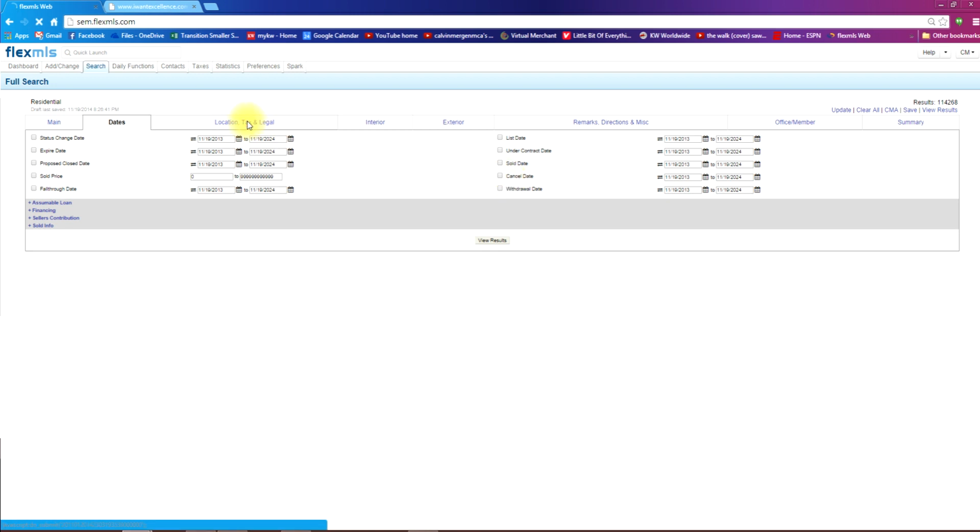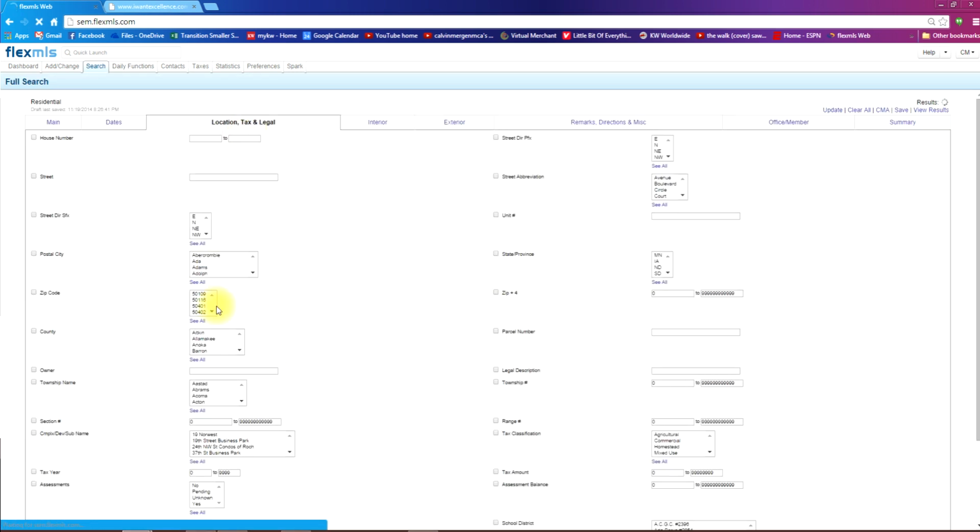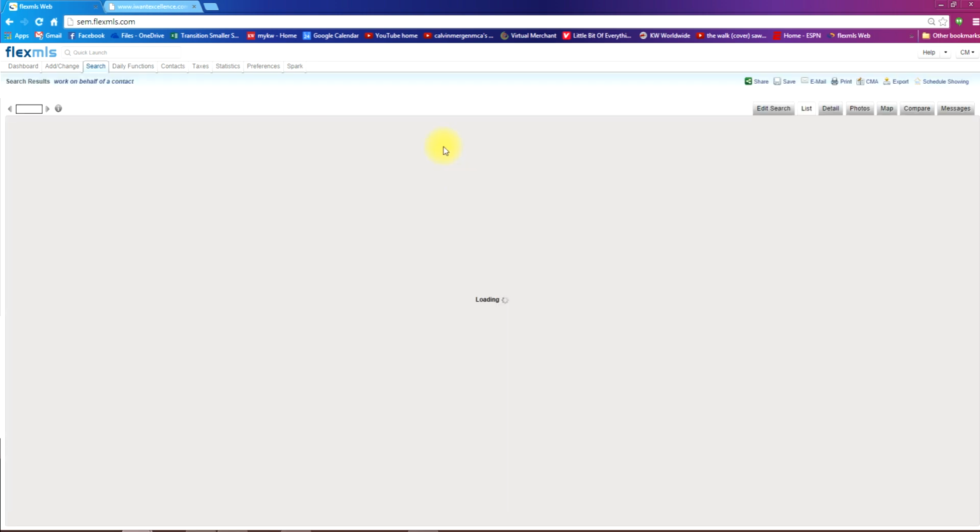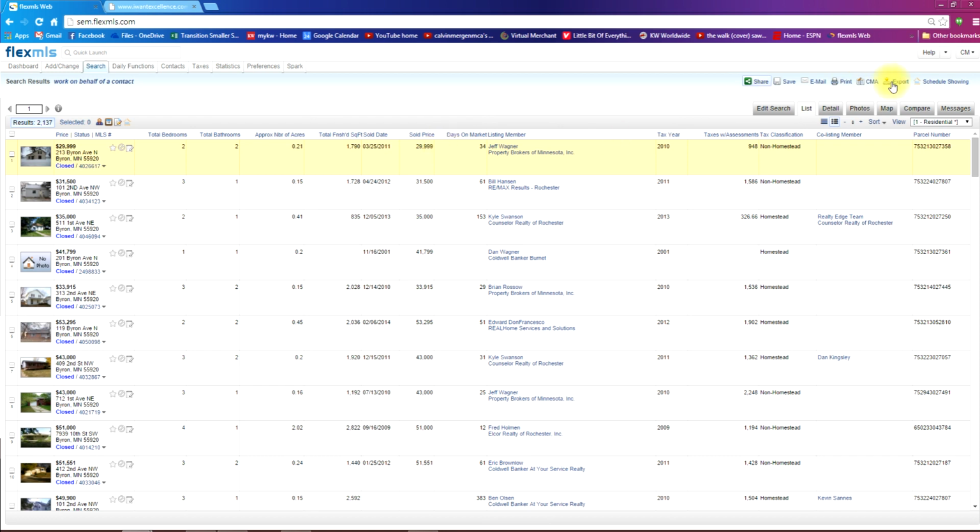Click your location tab, and now you can do zip code, county, whatever you want. And then I'm going to just choose Byron for this case. There's Byron. View the results. I don't have to do anything. And then all I have to do is export right up top,